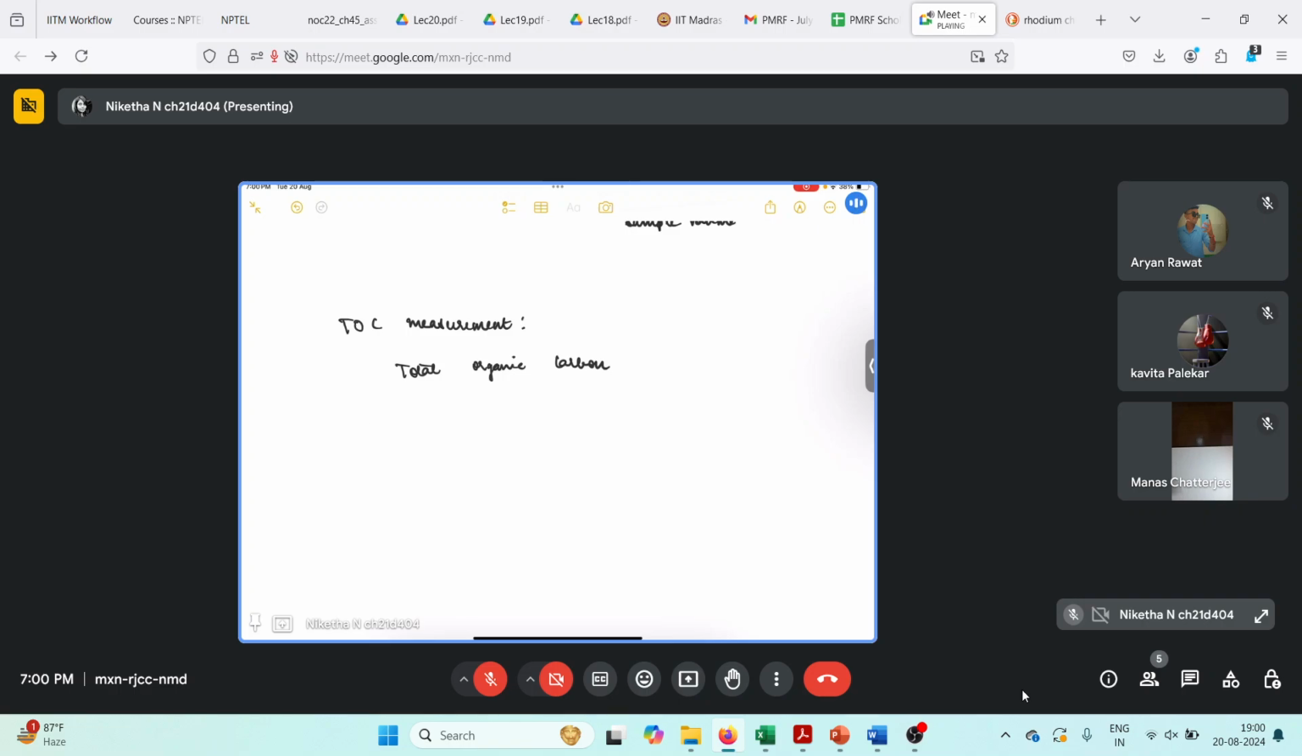First the sample will undergo acidification. So in the presence of acid, inorganic carbon like carbonates and bicarbonates